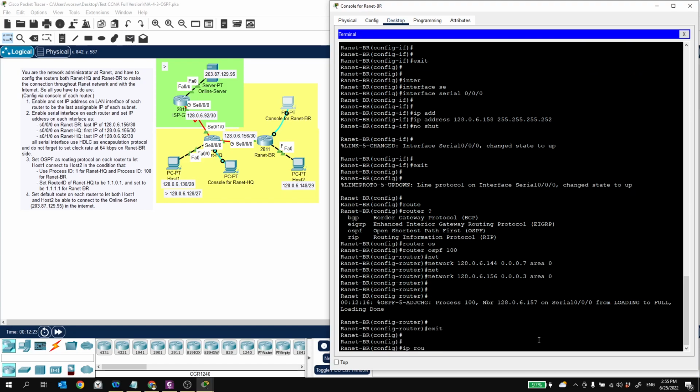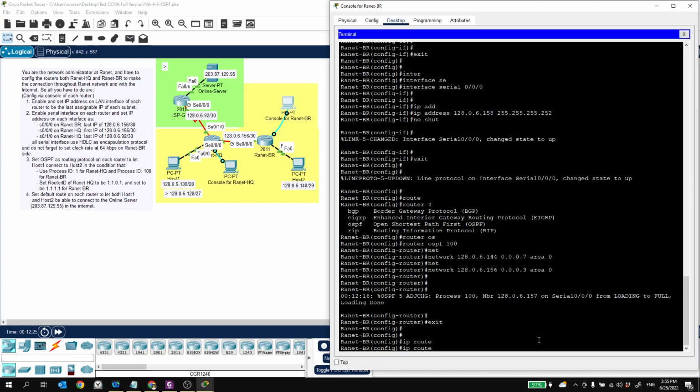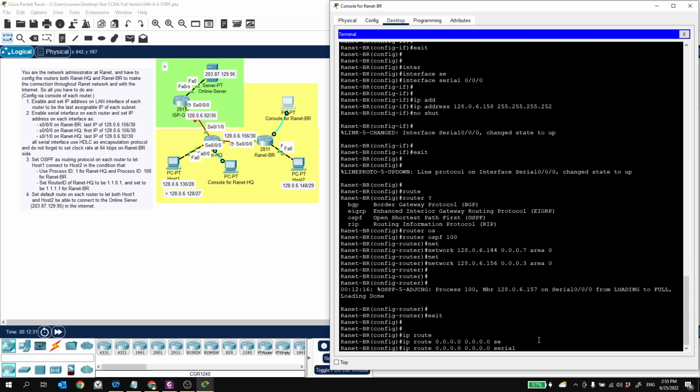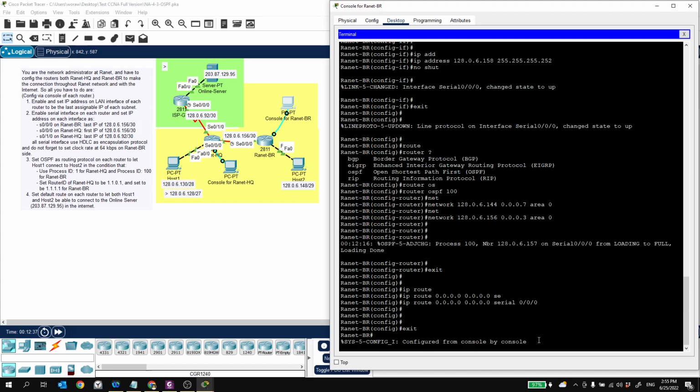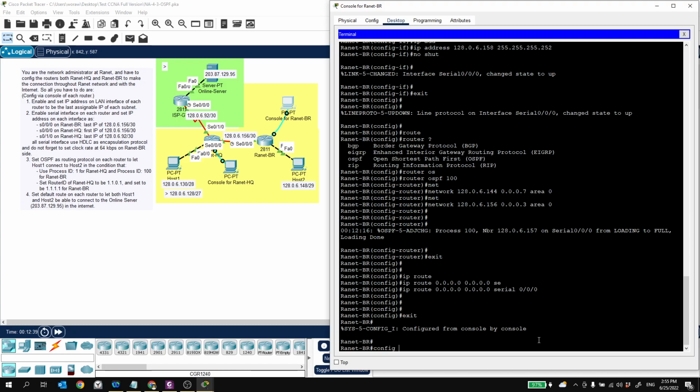Exit. And then don't forget to assign default route any to 0/0/0. And then do not forget to configure